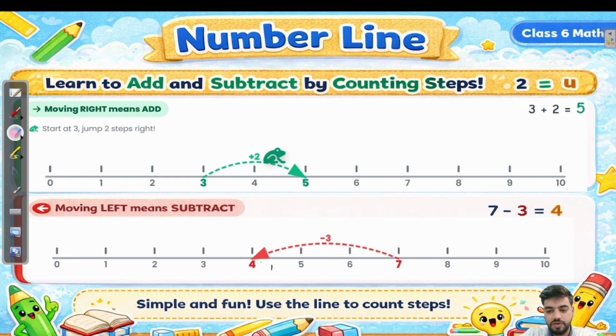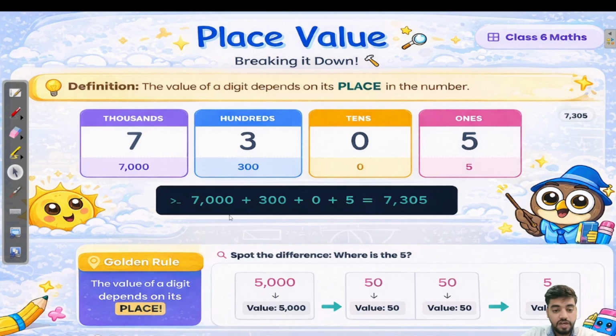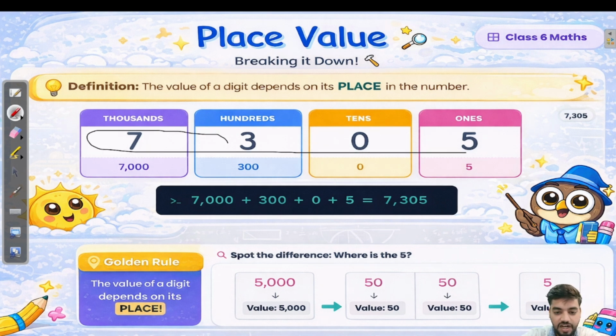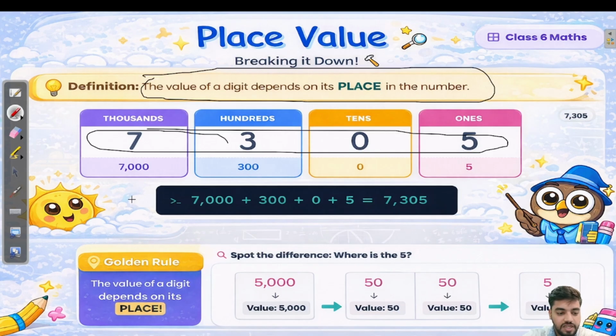Now let's move forward to the next concept, which is about place value. It's about the secret of the number 7305, that I asked about at the start of this session. You can say that the value of a digit depends on its place. Like in